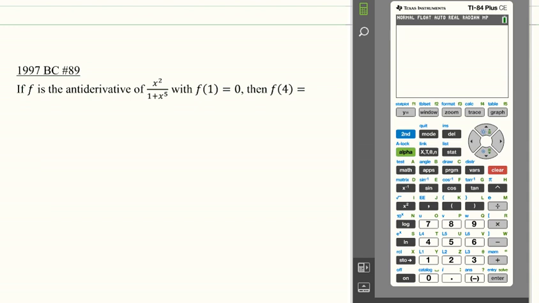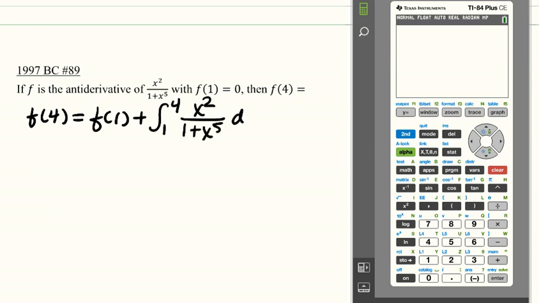Here we've got one from a multiple choice question, and looks like I just cut off the answers. If f is the antiderivative of this fraction that happens to have f of 1 equals 0, then f of 4 is what? Okay, well, we're not going to be able to find an antiderivative for this, at least at this point. It's not something that we can use u du for. We don't know how to use u dv yet, so what I'm going to do is I'm going to say f of 4 equals f of 1 plus the integral from 1 to 4 of x squared over 1 plus x to the 5th dx. Okay, so this is 0 plus, okay, I'll use math 9 again,